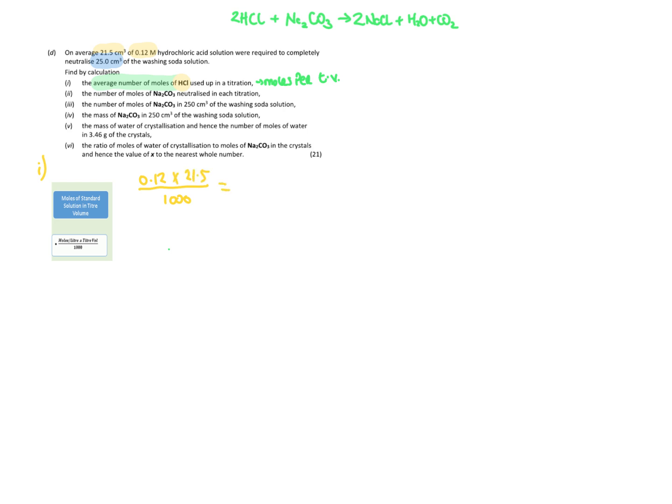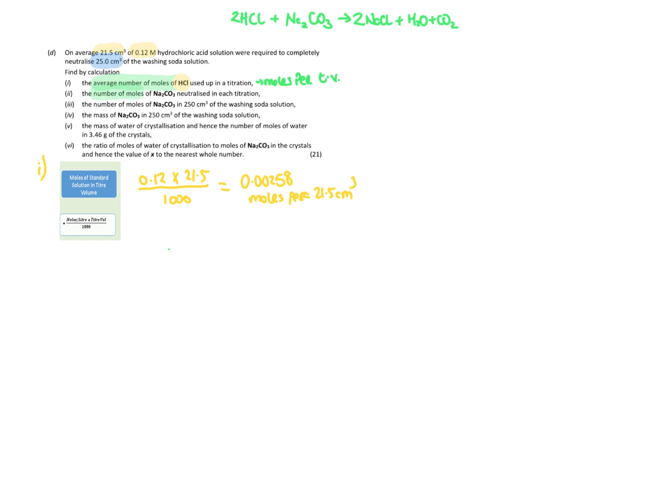And when we put that into the calculator, what we get is 0.00258 moles per 21.5 centimeters cubed. And that is the answer to part 1. So next we move on to part 2, and we can see here part 2 is asking us for the